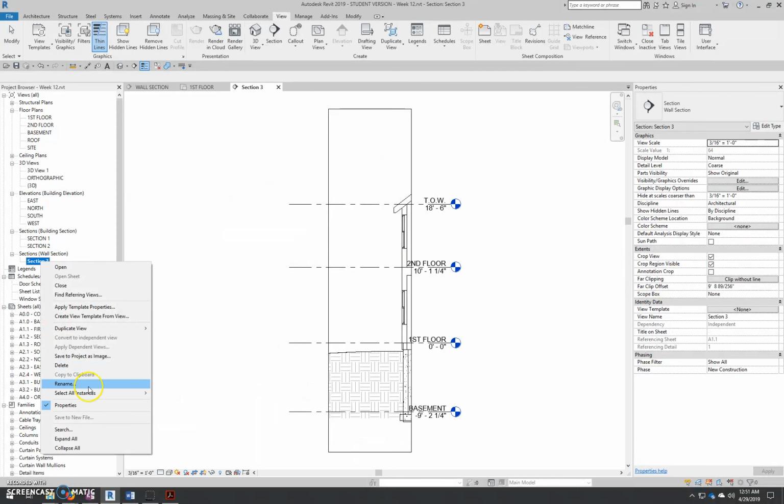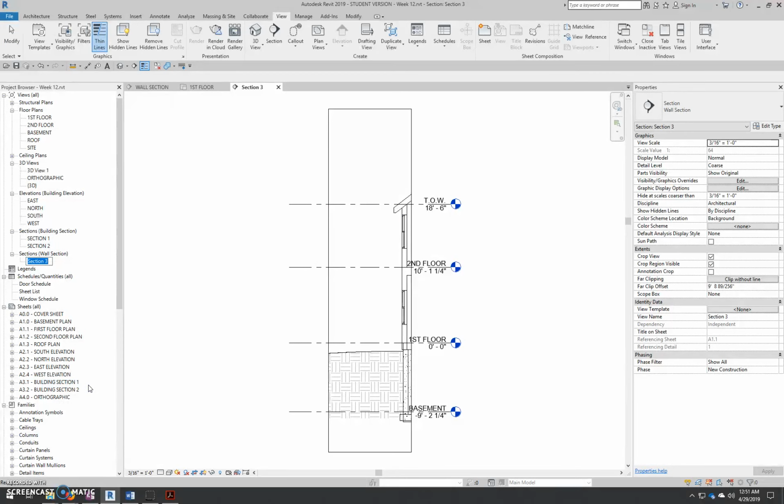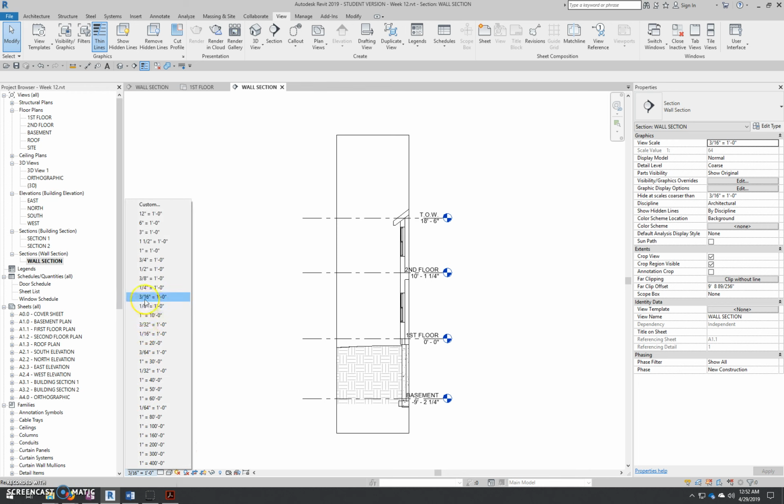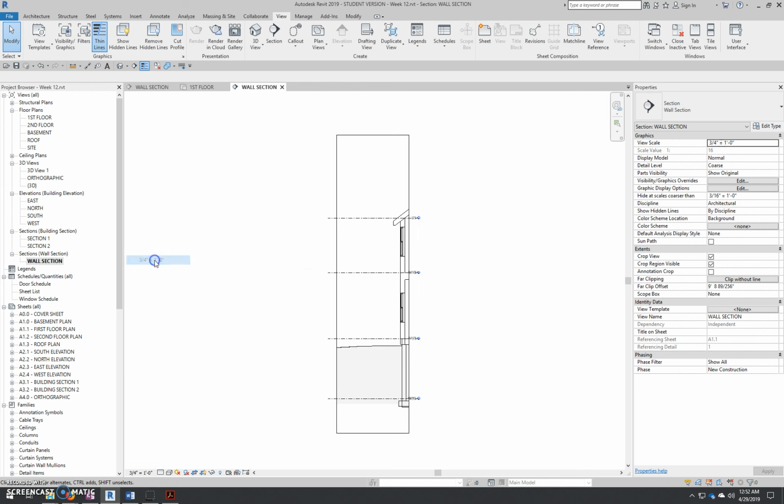You can double click on that to open our wall section. I'm going to right click on it as well and rename it right now to wall section. So first I'm going to come down. I'm going to change my scale to that larger scale that I just talked about. Typically all wall sections are 3/4 of an inch equals a foot. I'm also going to change my detail level to medium,